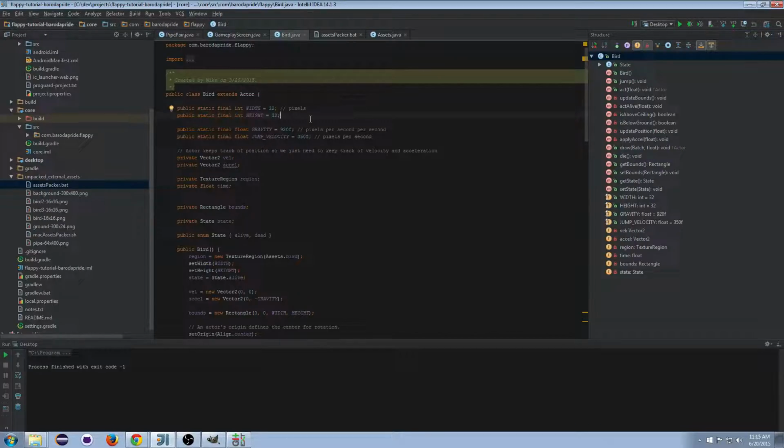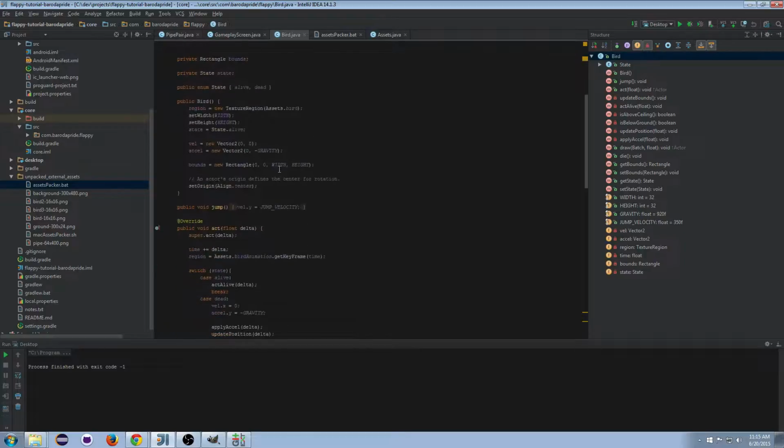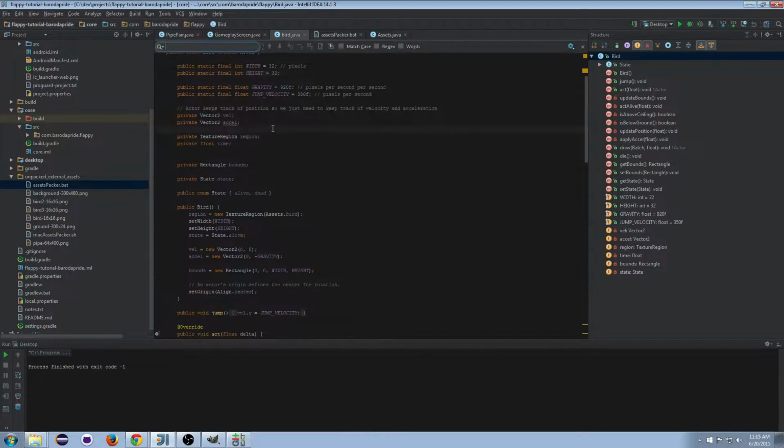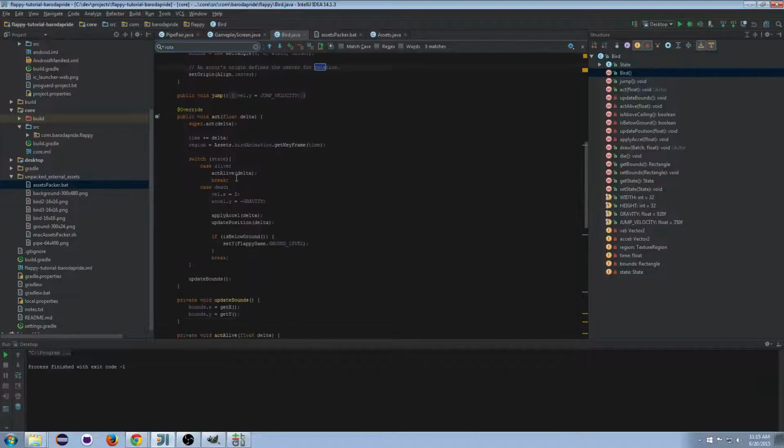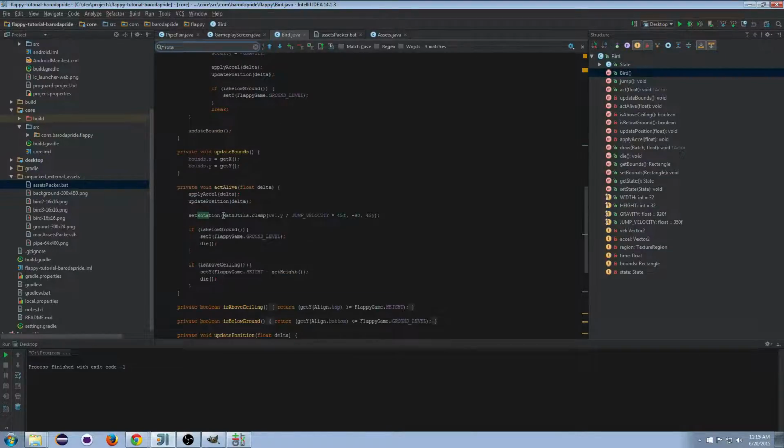So where do I begin? First, let's find where we're doing the rotation in our bird class here. So here we go. Set rotation just sets it to whatever. We have some weird logic here to set it to whatever direction it's going. So let's get rid of this, and instead of that